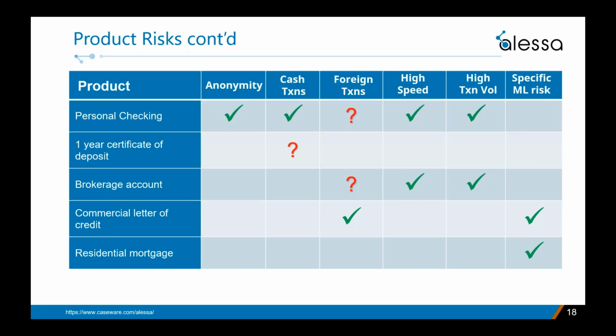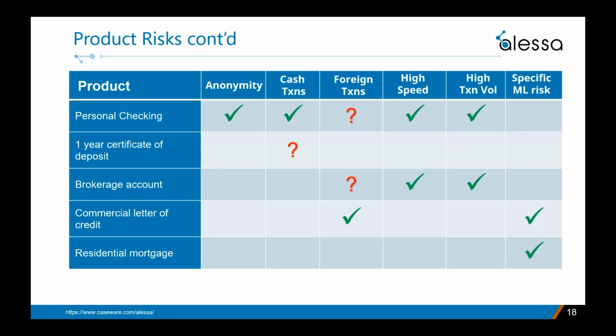Now, by the way, this chart format is actually the way that I assessed my bank's product risks. And we'll talk about that a little bit later. But it's important to lay out the main characteristics that make any particular product higher risk from your institution's perspective. With this method, you're effectively scoring each product based on a range of how many check marks each one has.